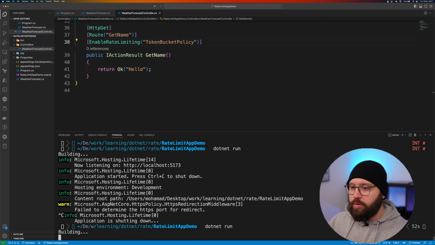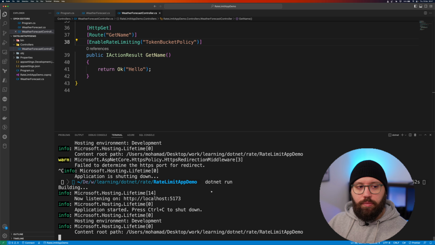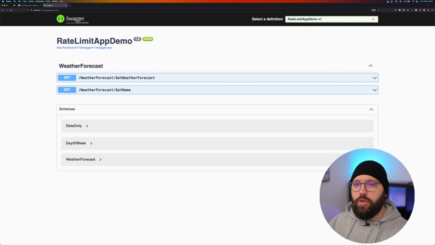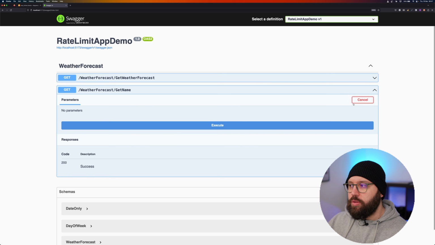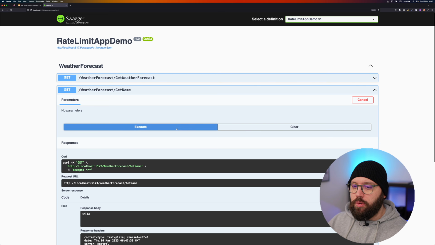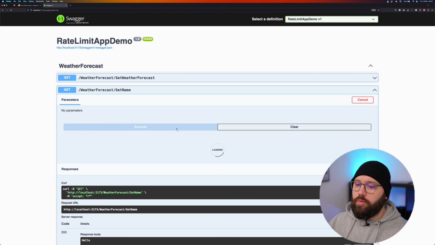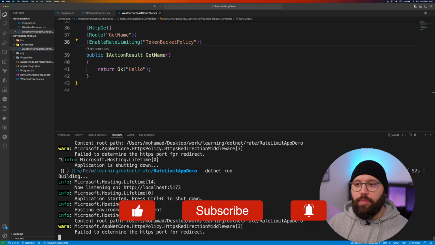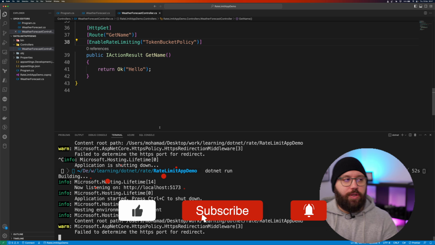Again, let's see if this will run, .NET run. Let's go back to my web browser. Let's do a refresh. And let's come here, try it out, execute. We can see once the token is full, we're able to execute this. Okay, perfect. So now that we have covered all of these 4 different types of rate limiting, we can see